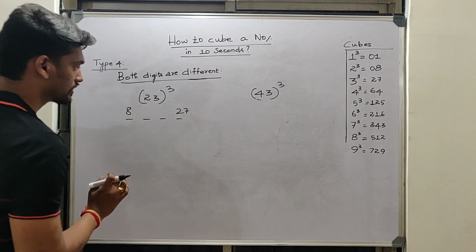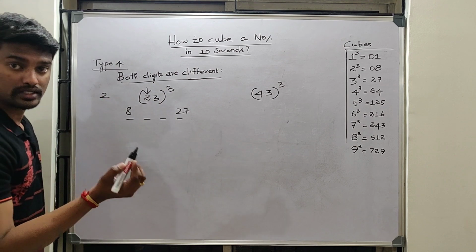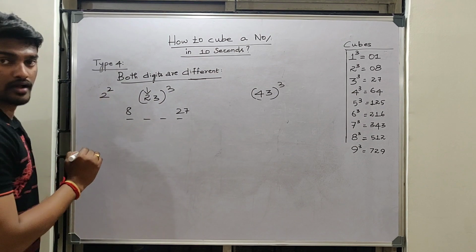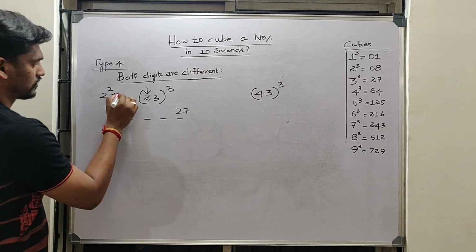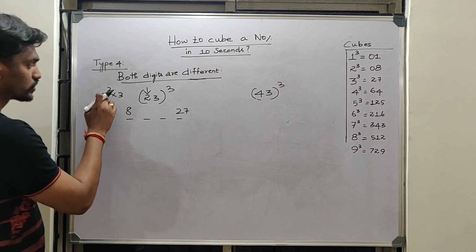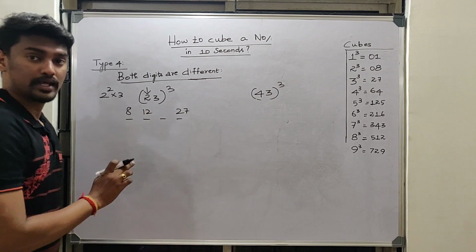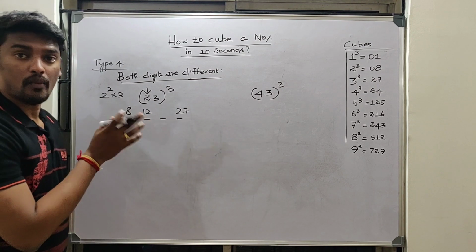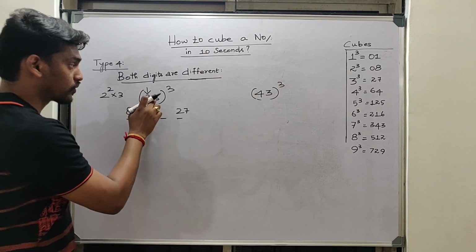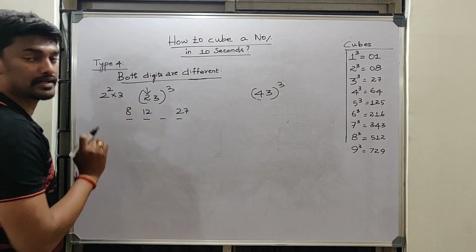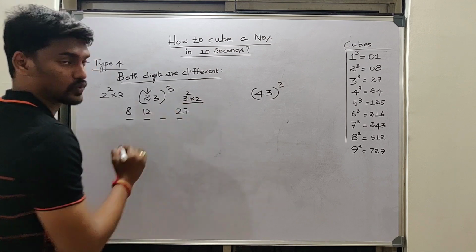Okay, so you just listen carefully. I'm going to take this number, which is 2. I'm going to square it. So 2 square, and again I'm going to multiply with the next number. Okay, which means the nearest number. So into 3. So 2 square is 4 and 4 3s are 12. Okay. And in this place we are going to do the same thing but in the opposite way. Here I am going to take 3 and square it and then I will multiply with the nearest number, which is 2. So 3 square into 2.